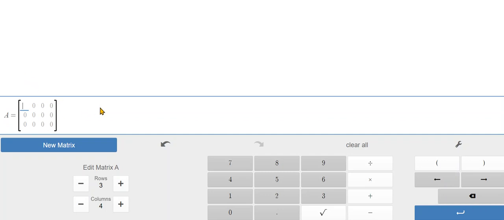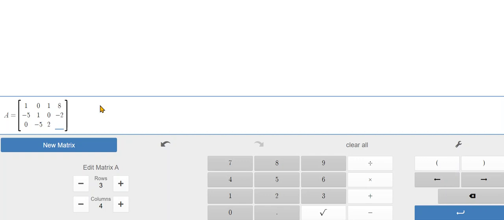And now we're simply going to put in the numbers from our matrix, which is 1, 0, 1, and 8. And then we have in the second row, negative 5, 1, 0, negative 2. And then the third row, we have 0, negative 5,